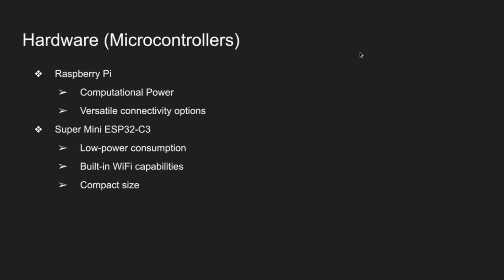The Super Mini ESP32C3 was selected as the microcontroller for sensor integration due to its low power consumption and built-in Wi-Fi capabilities, which are essential for efficient communication within the smart home network. Additionally, its compact size offers the benefit of easy pairing with sensors, providing optimal configurability and seamless functionality within the